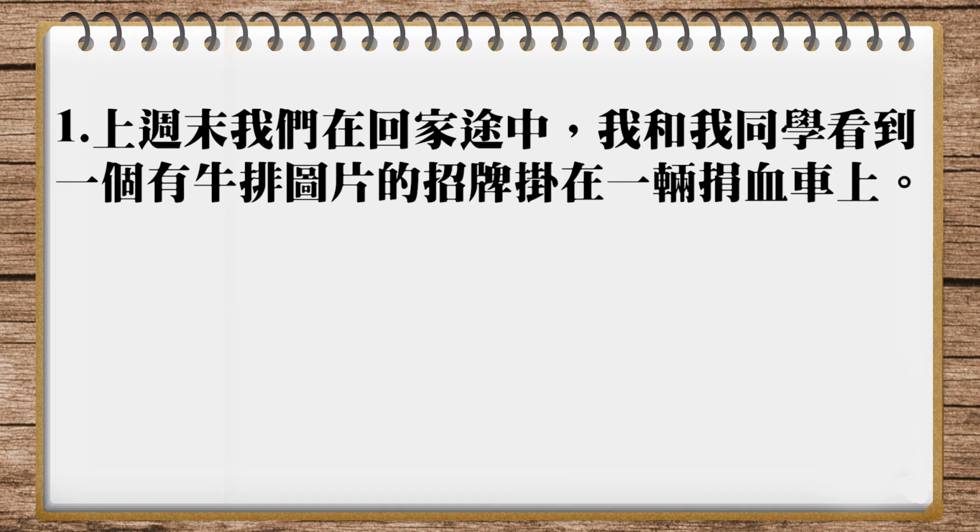I'm going to read my entire translation once more. Last weekend on our way home, a classmate and I saw a sign with a picture of a steak on it, hanging on a bloodmobile. The final difference is the word for a blood donation bus, which is perfectly correct, but we do have a special word for it in America. We call it a bloodmobile. This is a blend. That means putting two words together in one word. Instead of saying automobile, we've replaced it with blood. 好，所以捐血车在美式英文里面有一个名称，可以叫它 bloodmobile。